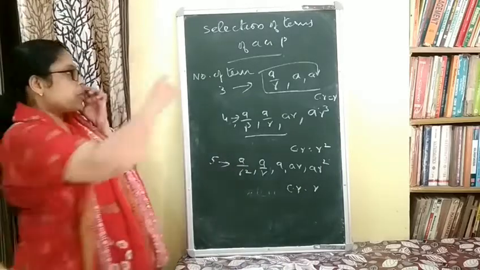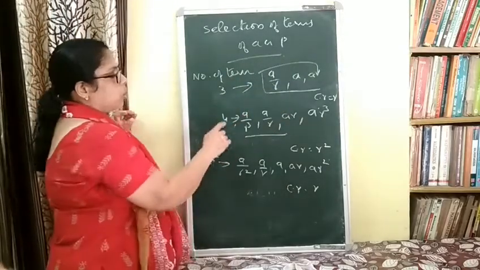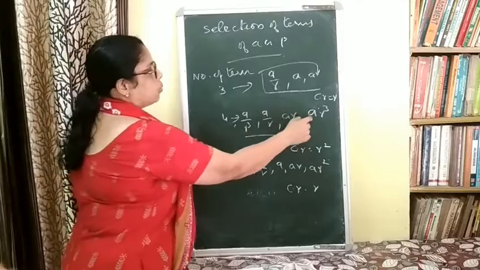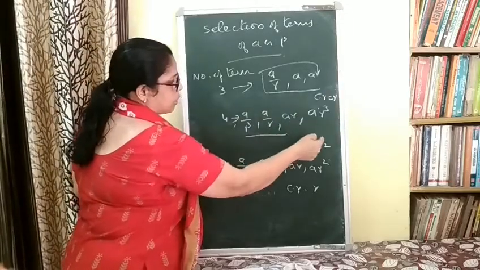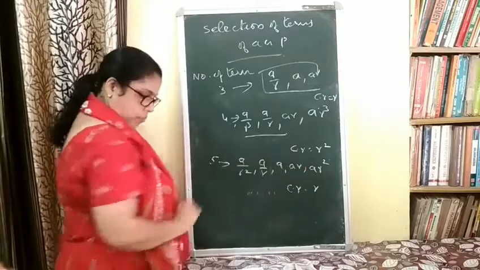आगे नंबर ऑफ टर्म्स 6, 7, वो क्वेश्चन में कुछ कंडीशन दिया गया, उसी के अनुसार आपको लेना है. फर्स्ट 2 टर्म्स में सीधा A, AR लेना है, थर्ड में A by R, A, AR लेना है, फोर्थ A by R क्यूब, A by R, AR, AR क्यूब लेना है. इसमें कॉमन रेशियो R, इसमें कॉमन रेशियो R स्क्वायर. 5 terms with A by R square, A by R, A, AR, AR square, common ratio R.